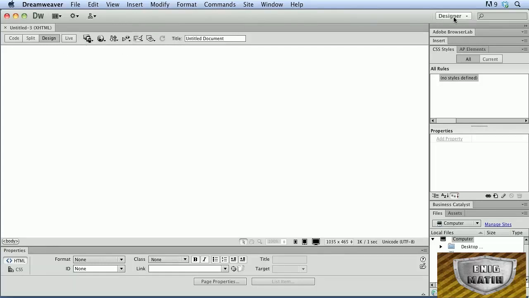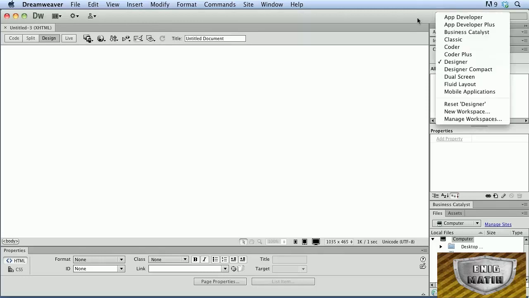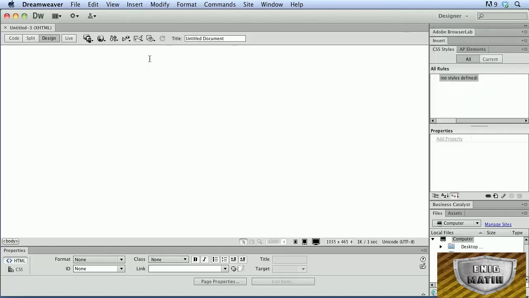Now, way over here, we have a button that's called the Workspace Switcher. This allows me to switch between the number of predefined workspaces that come shipped with Dreamweaver. Now, down here in this main area, this is what's referred to as our document window, and this is where most of the work is done. The document window allows you to add text to your document, insert images, and format the way a web page